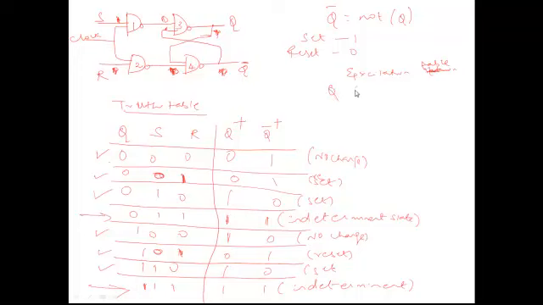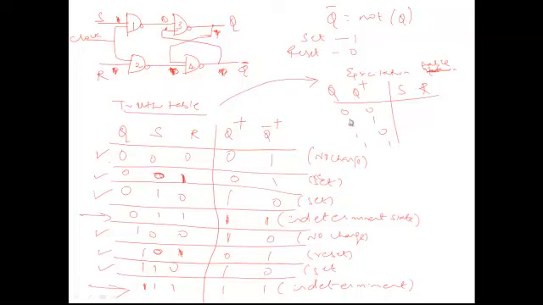present state Q and next state Q plus. With the knowledge of the present state and next state, you will find what the inputs S and R are. Okay, so this is the excitation table: 0 0, 0 1, 1 0, 1 1. Four possible combinations are there with Q and Q plus. Q is the present state, Q plus is the next state. With that, you have to find out the possible input values S and R. So the excitation table we are deriving only from the truth table.